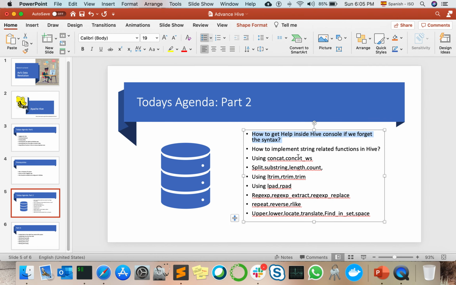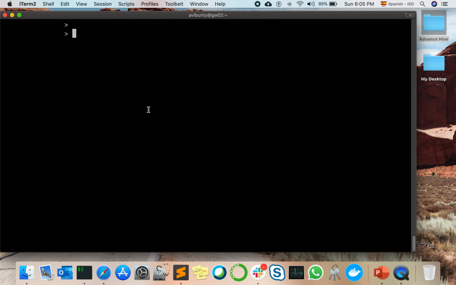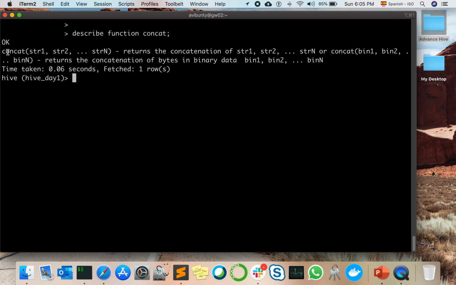We first need to check concat and concat underscore ws. Now let me show you what the concat function does. As I have mentioned, always check the functionality. Describe function concat. Okay, so you can see concat takes string 1, string 2 and till string n. So this is how you should implement concat. You can give select concat